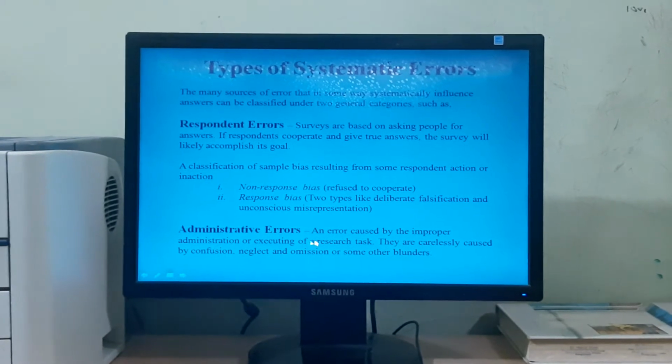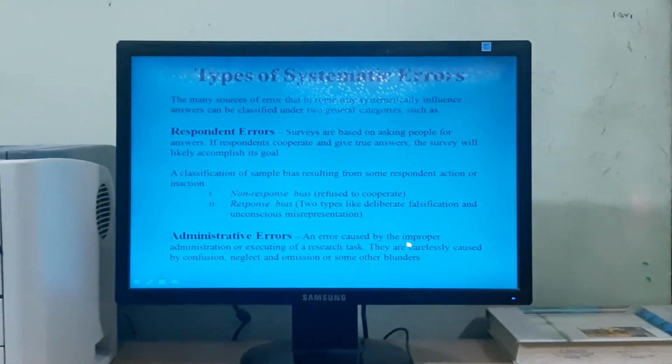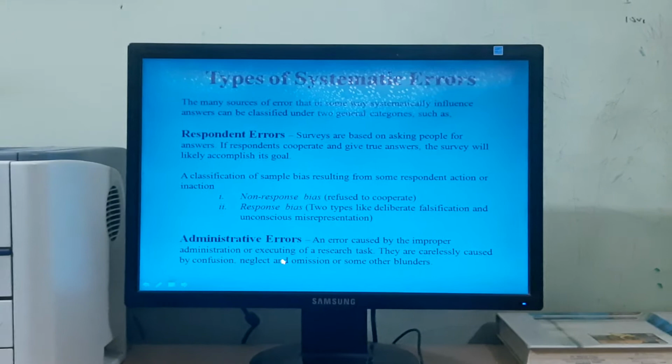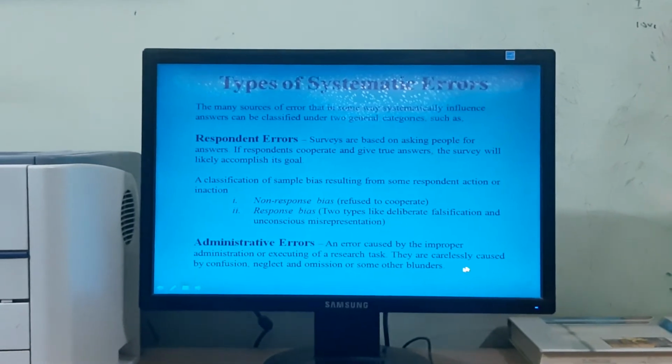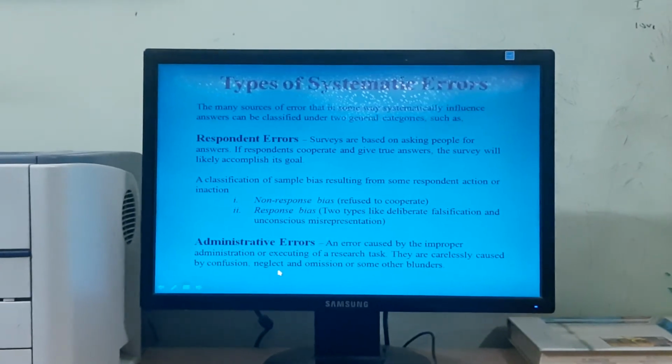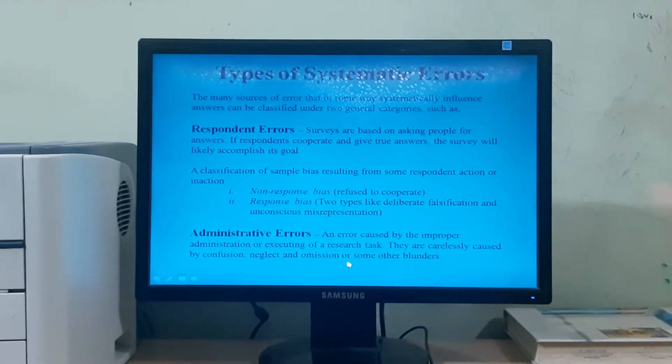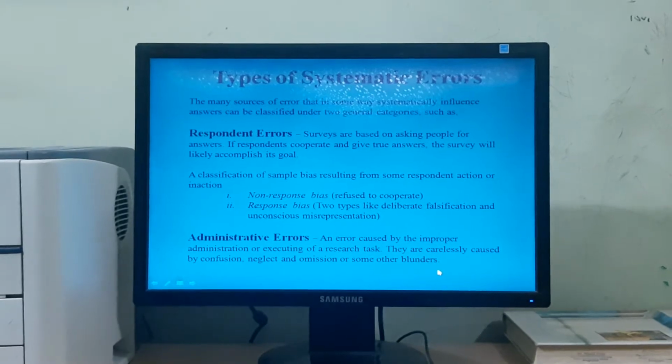And administrative errors: an error caused by the improper administration or execution of a research task. They are caused carelessly by confusion, neglect, omission, or some other blunders.